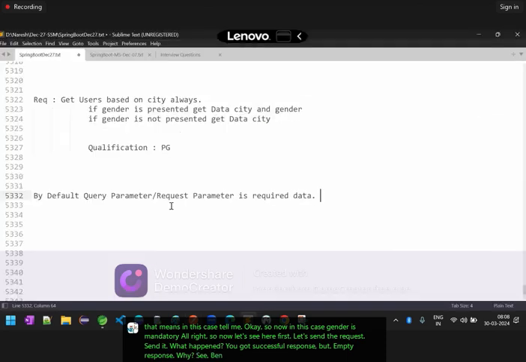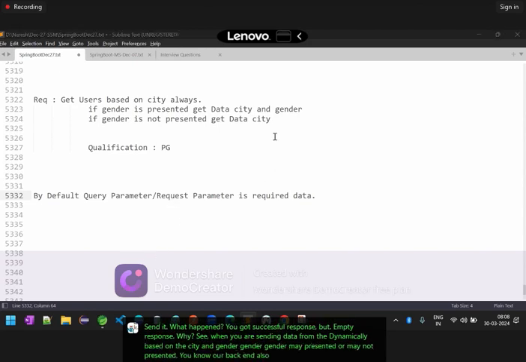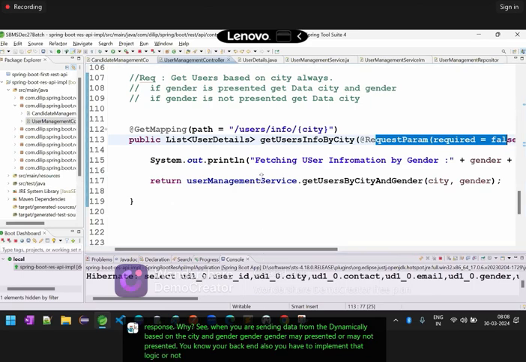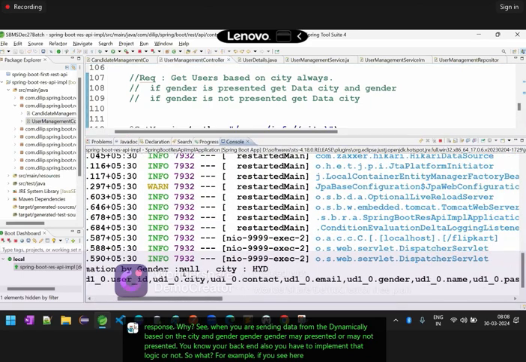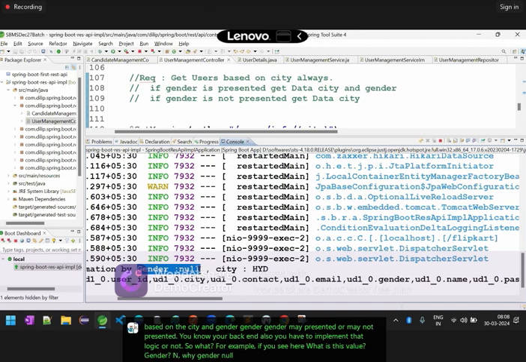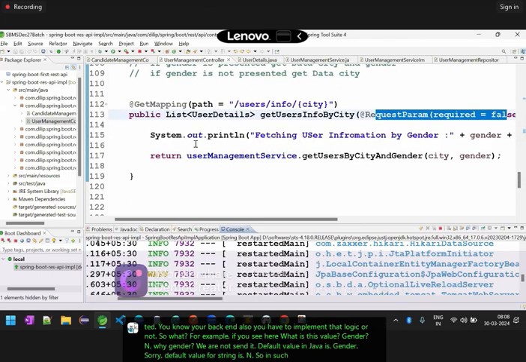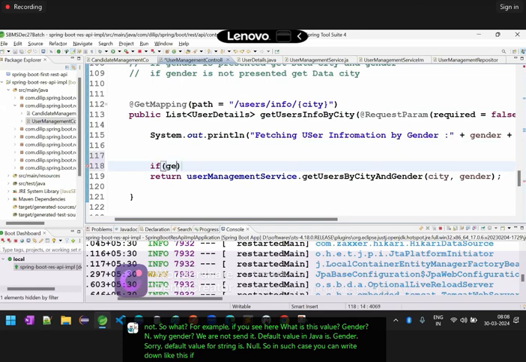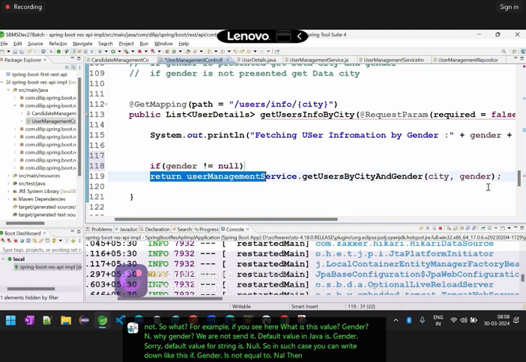See, when you are sending data from the front end dynamically based on the city and gender, gender may or may not be present. In your backend also, you have to implement that logic. For example, if you see here, what is this value? Gender is null. Why is gender null? We did not send it. The default value for string is null. So in such a case, you can write like this: if gender is not equal to null, then all this, else,